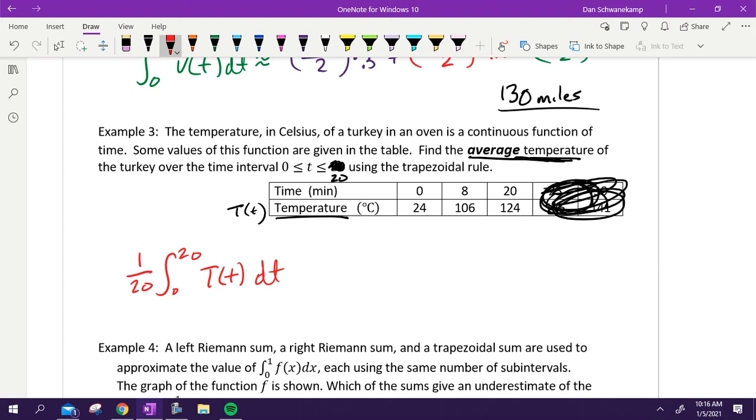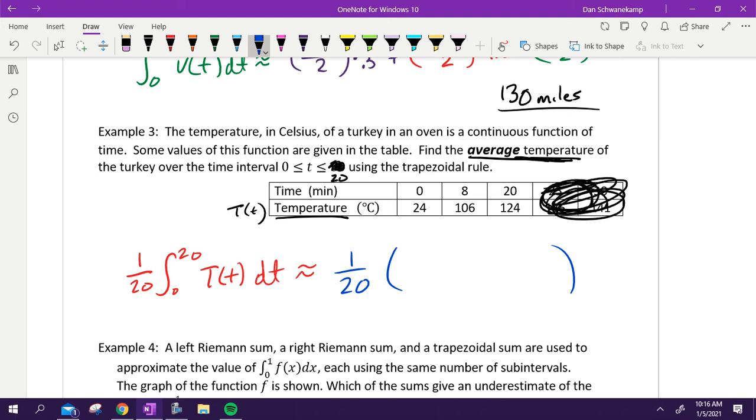Why 20 here, Taylor? Yeah, that's how far we're going. We're going from 0 to 20. That represents 20 minutes, so we're going to divide by 20. Okay, that is my setup. So if I wanted to get an answer to this, it would be 1 over 20 times, and now I